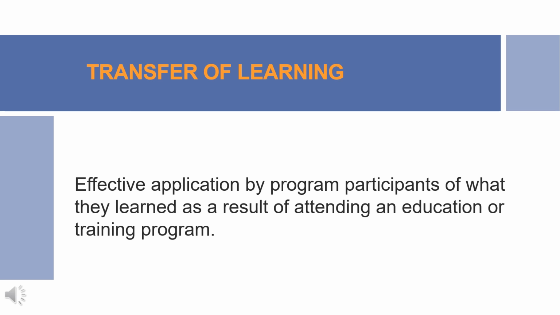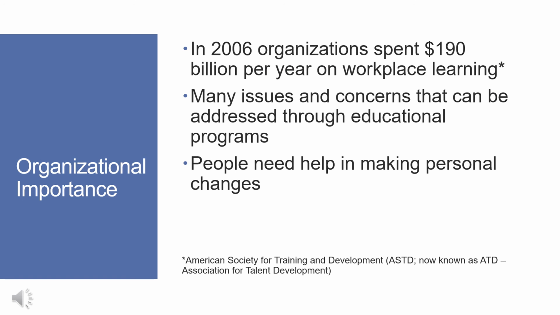The goal of learning in an organization or program is the successful transfer of training or learning. We want the learners or trainees to generalize skills in the program or training to the work setting or setting beyond the program. We want trainees or learners to be able to maintain skills in the work setting or outside of the program. Training transfer is measured after participation in a training program. Transfer of learning or training is important because organizations invest a tremendous amount of money to educate or train people. Organizations want to see a return on their investment.